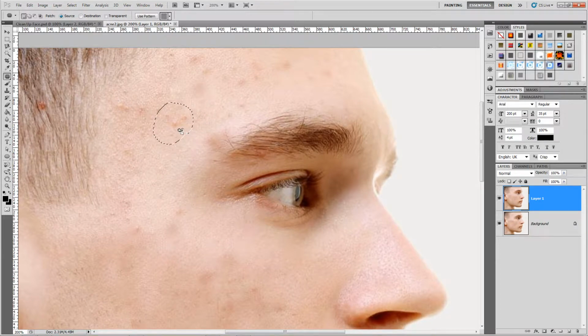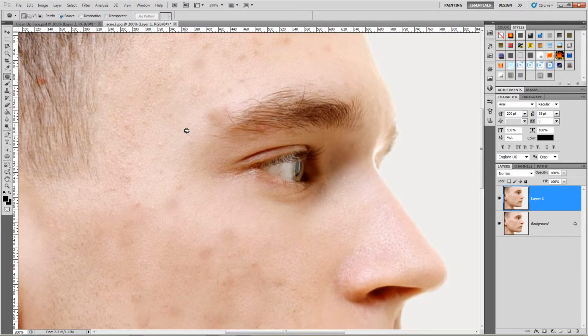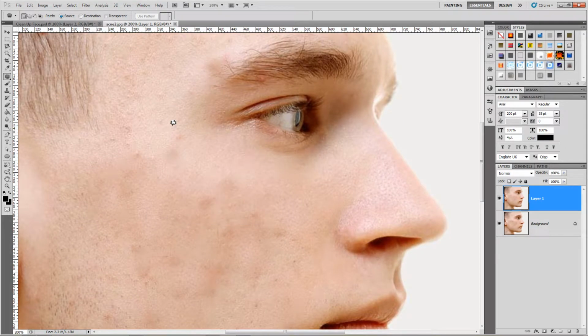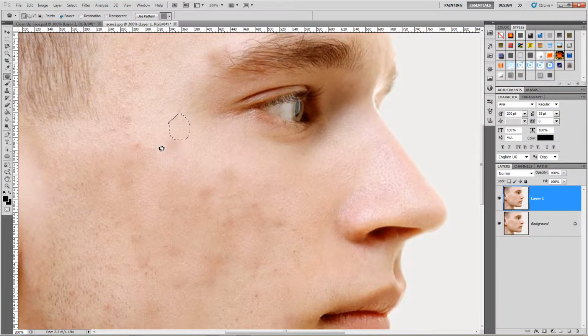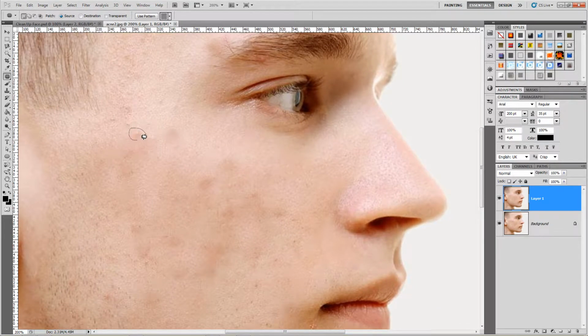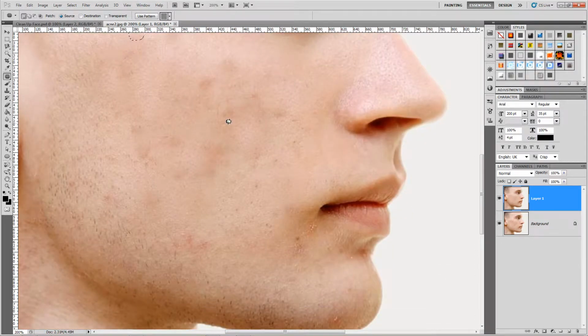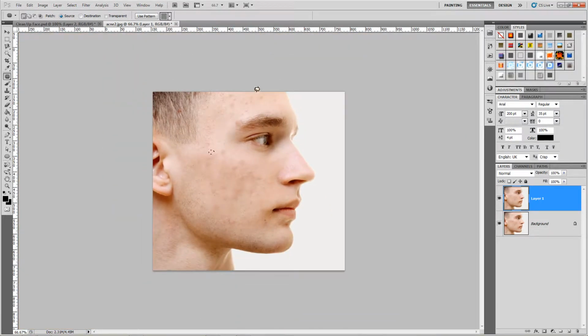So I'll just highlight this area, pull this down, and tweak it a little bit. Just highlight that area again, tweak it a little bit, and move things around as I see fit. Right? Just highlight this area again, move that all the way, maybe here as well. Just highlight little blotches and do those things. Now it almost looks like he's gone for acne treatment and it's kind of working. But then you have some areas that actually have